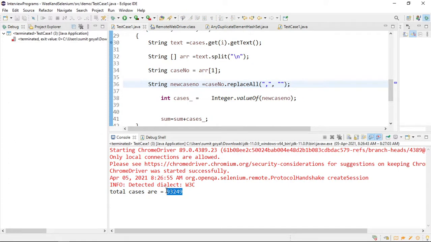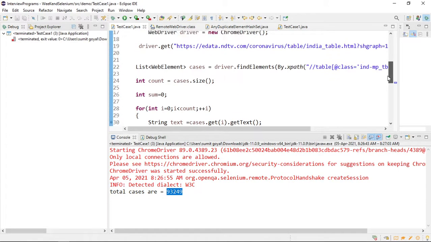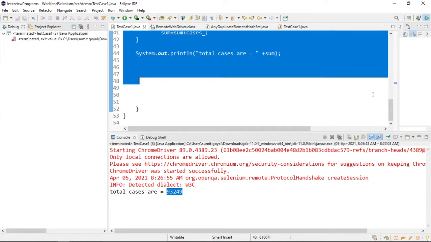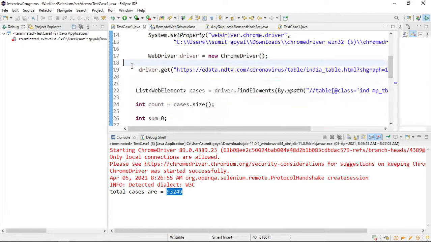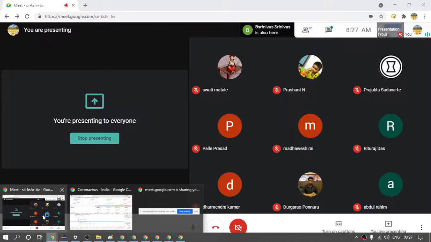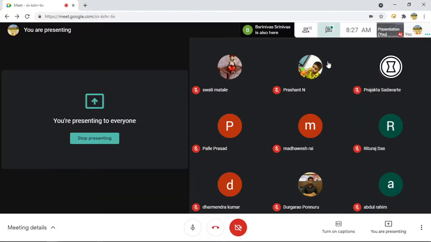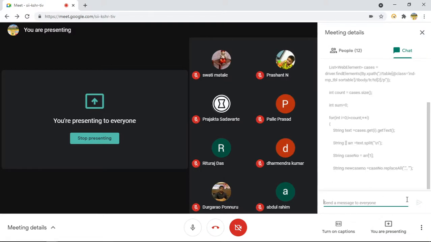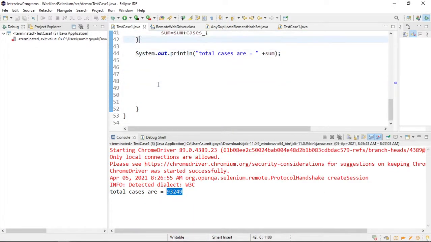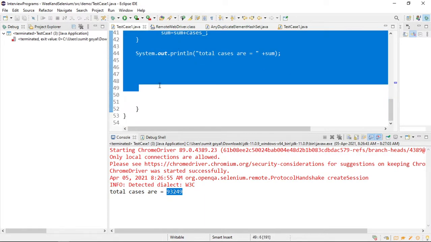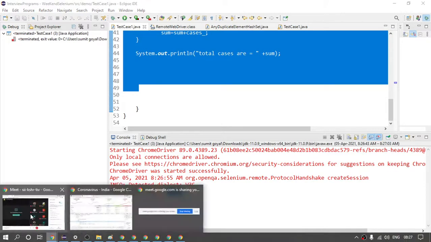So this is the same, right? So let me share this code. So let us discuss one more topic, which is... so you can copy it from here.